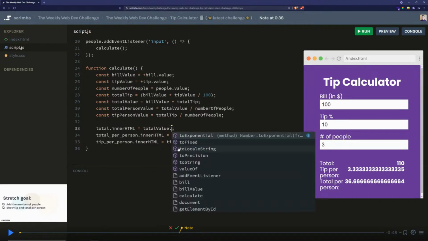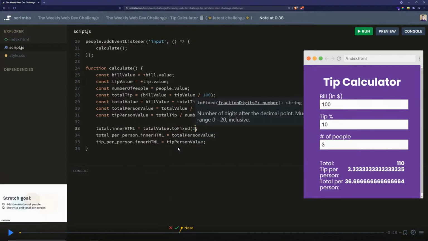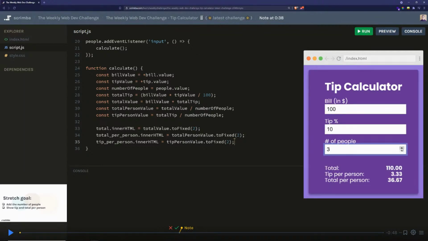So I guess the easiest way is to use the toFixed function and just put a 2 here, and it will cut off all the decimals, only leave 2. I think, yeah, look at that. And now this calculated, whoa. All right. So if there are no people, then the tip per person will be infinity. Okay, and let's see the tip that goes well. Awesome. So we had a little bump on the road, but